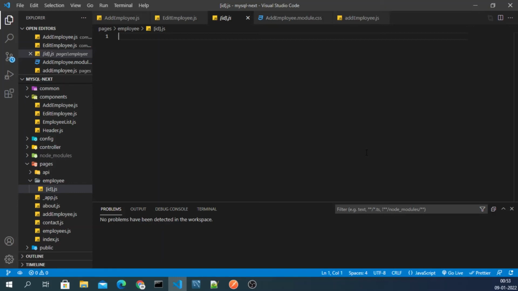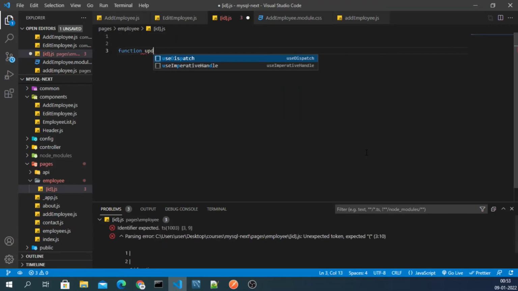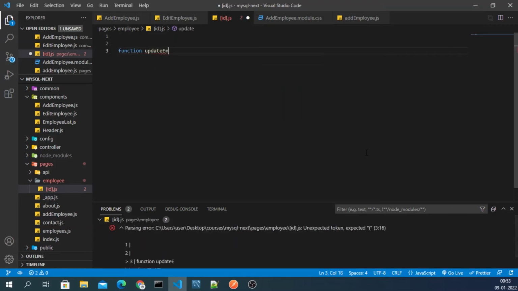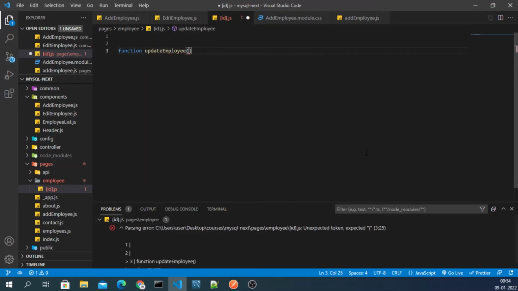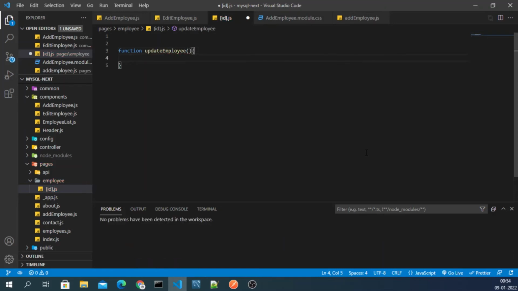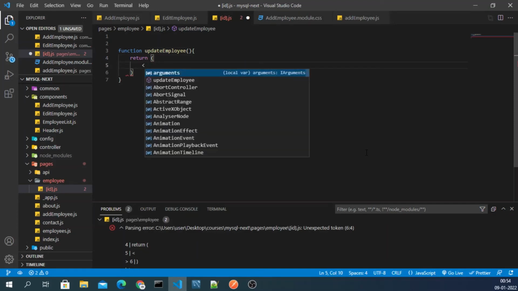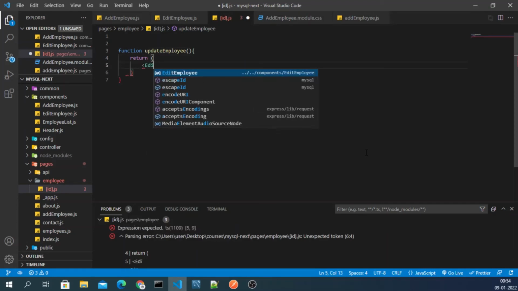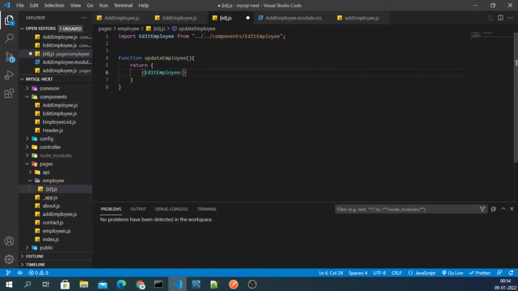we have to make a function here, update employee, which will return edit employee, right, like this.